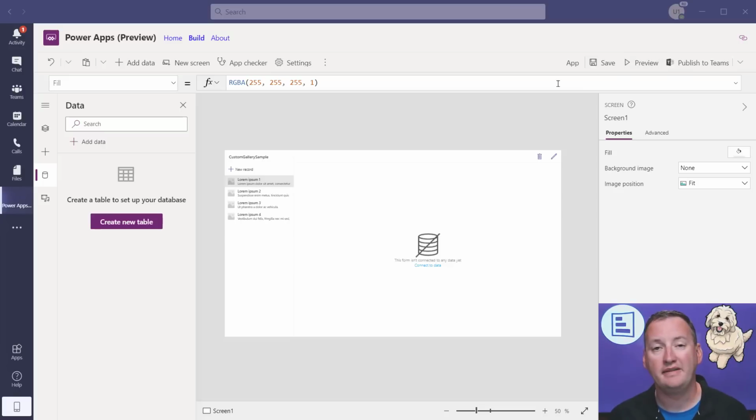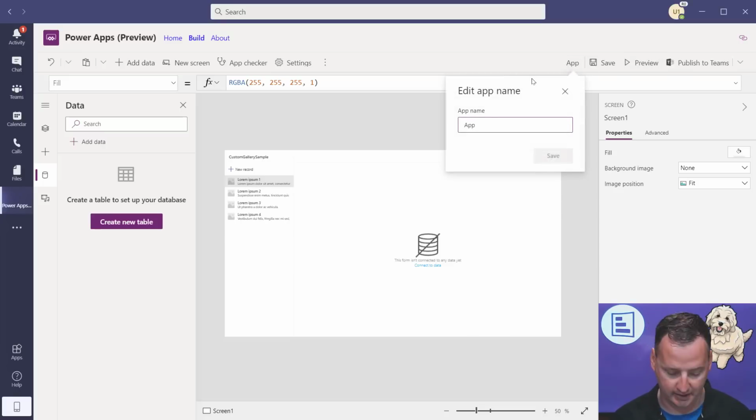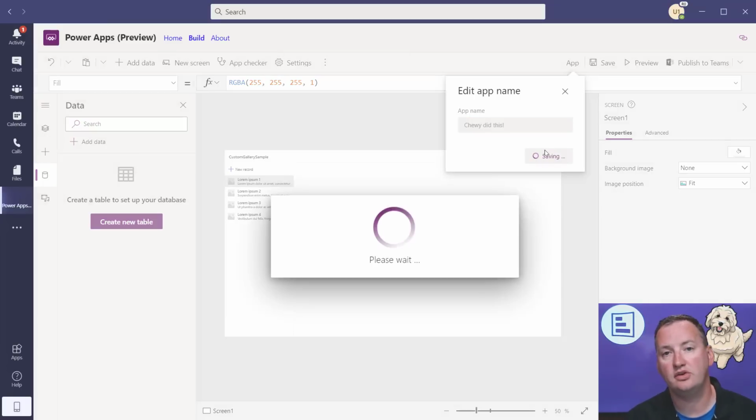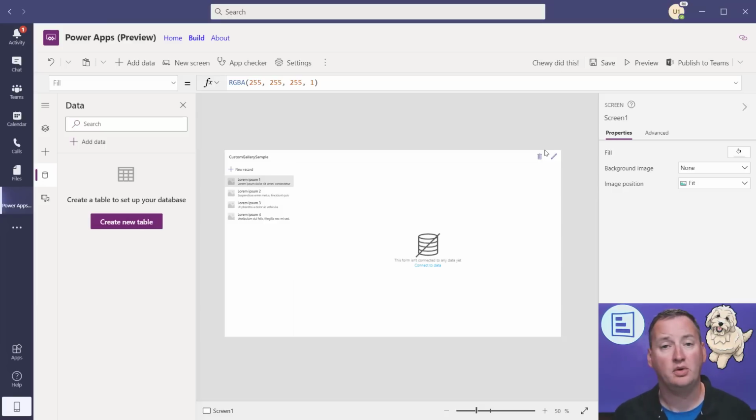Now also keep in mind that if you want to rename your app, this is not readily apparent, click on App and be like, Chewy did this. Oh, that is not how I did that. And we say save, and so then that is going to change or save our app. And so now we have our same autosave that happens every 2 minutes. Remember with autosave though,